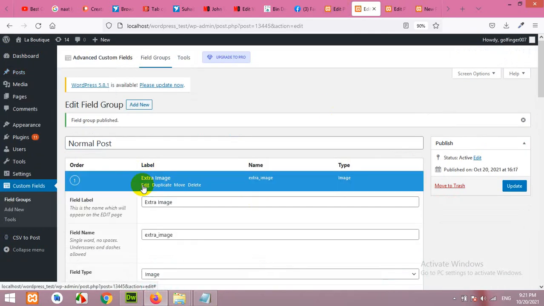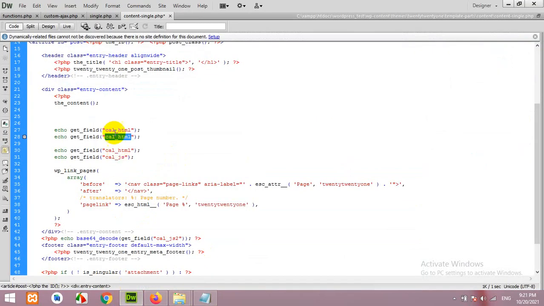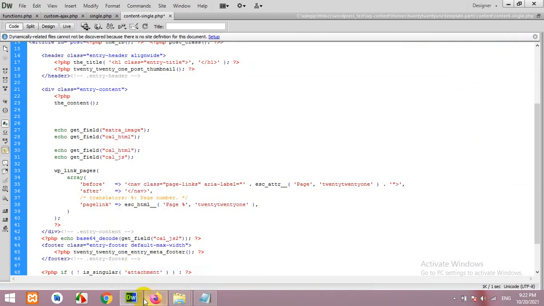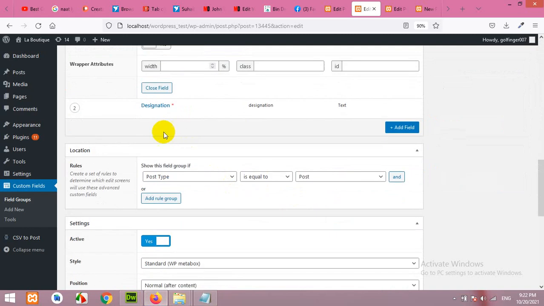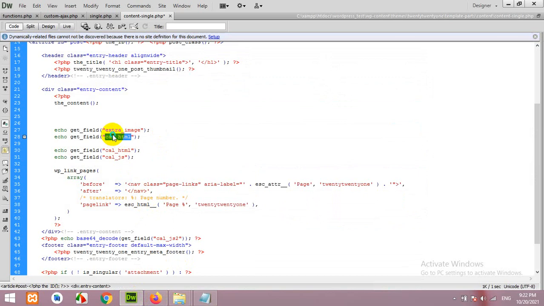Edit extra image and copy this field name which has an underscore in it. There is a space in the name, but in the field name there is an underscore. So copy this and paste it here. Now the second one, designation, copy the slug or field name and add it to the second one.